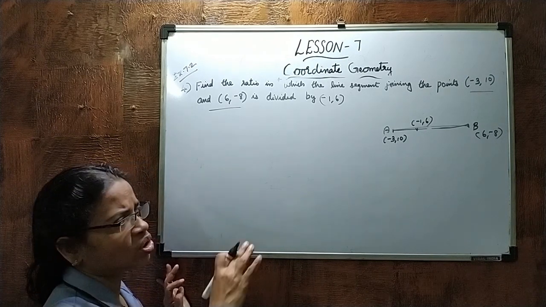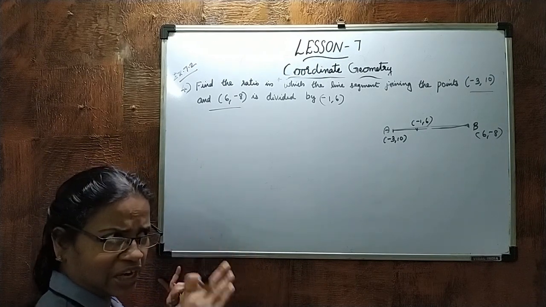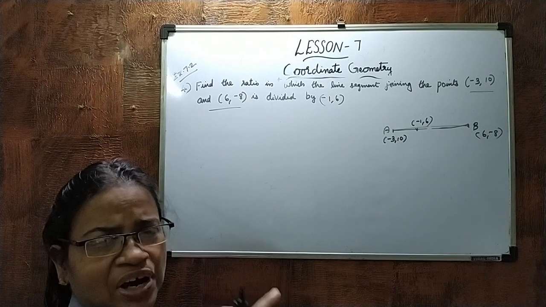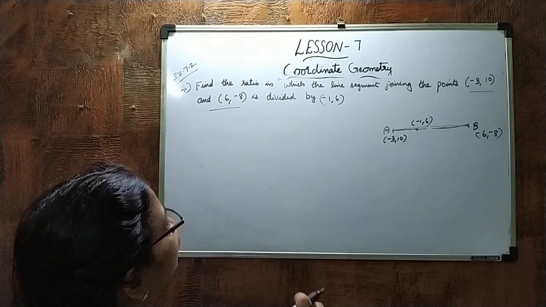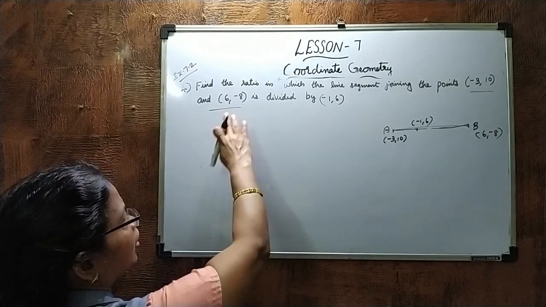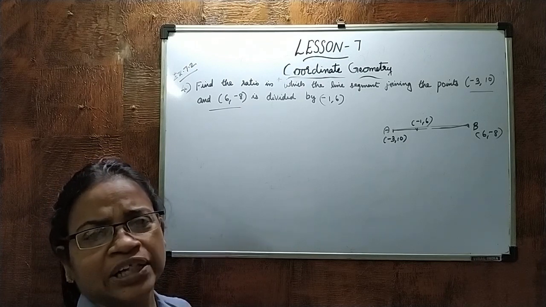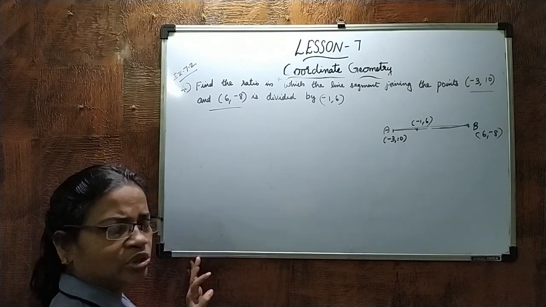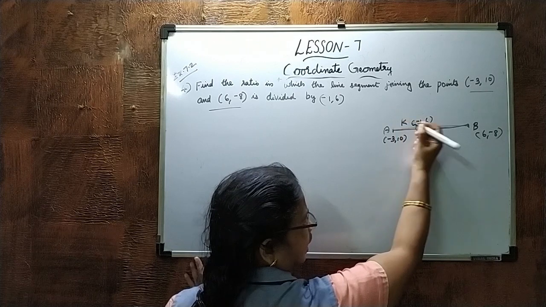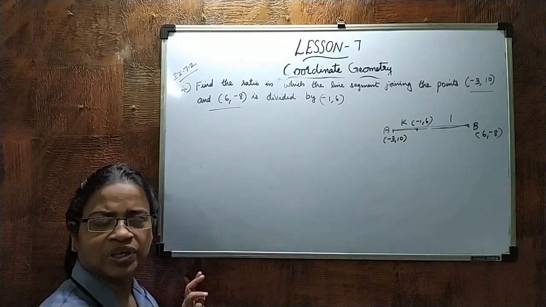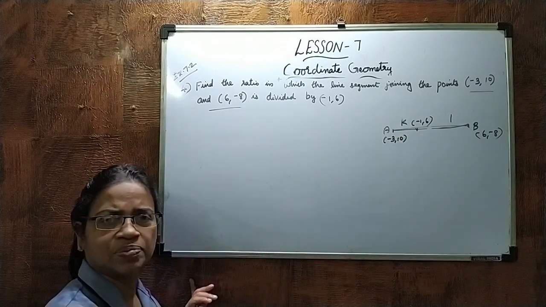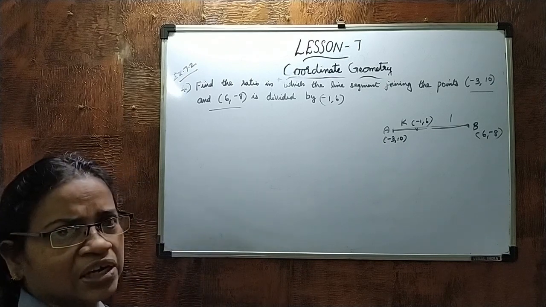So in the Cartesian plane the coordinates are given to you, right? Just imagine the Cartesian plane, there is a line segment with negative 3, 10 and then 6, negative 8, we are just drawing one line, and there is again one cutting by the point negative 1, 6. What you have to find out is the ratio. That means the ratio they have not given you. So what you have to do then? You have to take M1 as K and M2 as 1. K is to 1 we have to take. Instead of M1 you substitute K, instead of M2 you substitute 1. Shall we start? Yes.